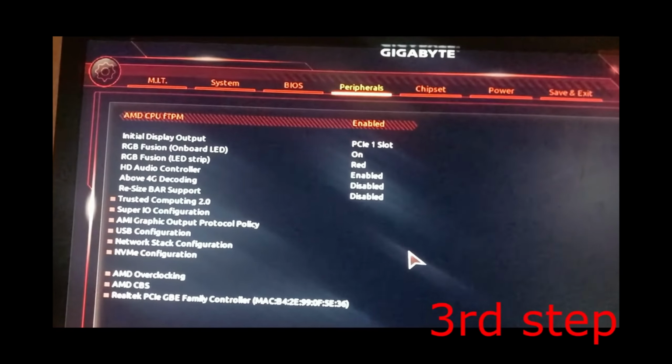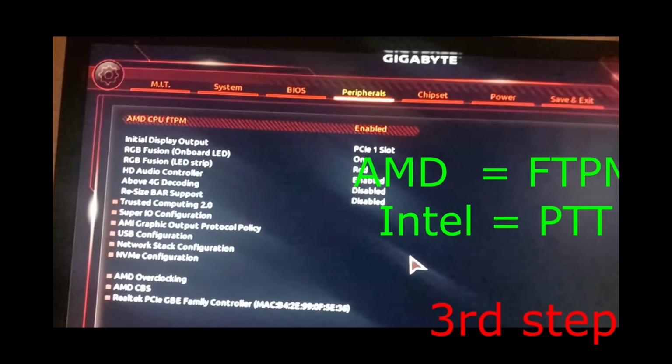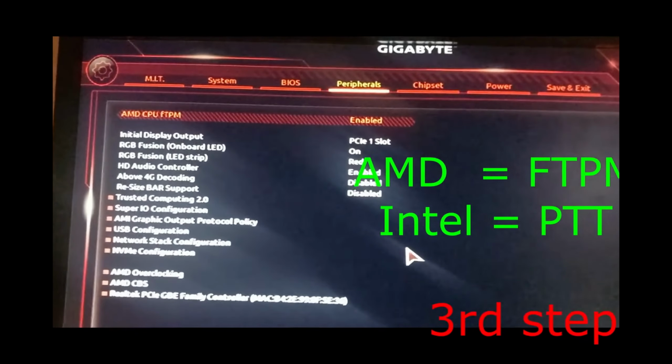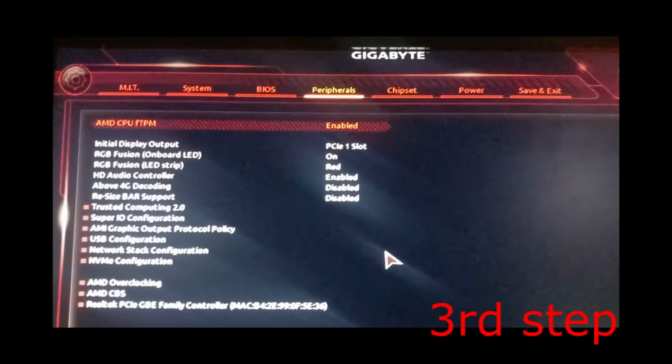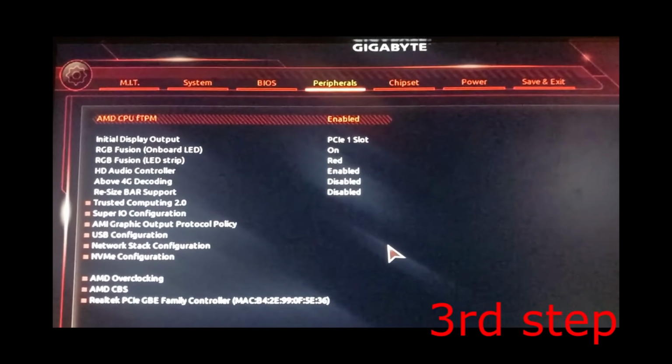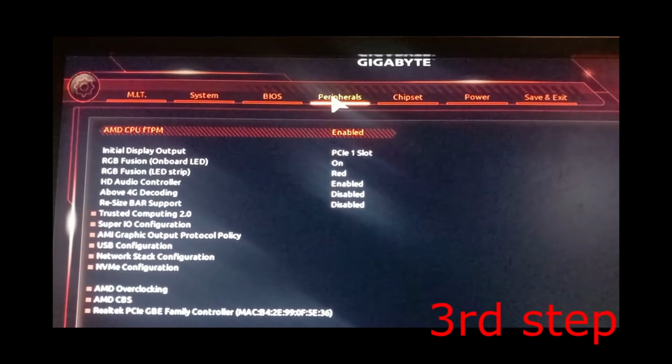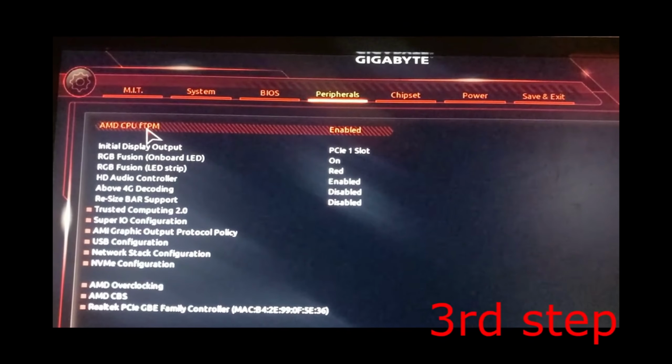If you're using an AMD CPU, you want to enable FTPM. If you're using an Intel CPU, you want to enable PTT. We're all using different motherboards, so the steps might look a bit different, but it's still going to be quite similar. So for me personally, I need to go to the peripherals tab, and I've got AMD CPU FTPM right